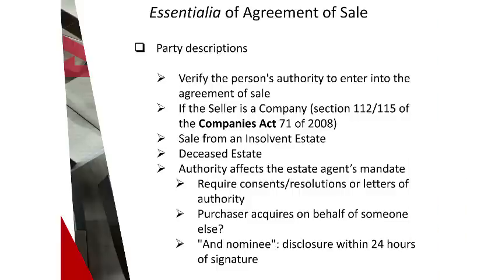Then also just note the risk, and I'm sure you all know this. If a person signs an agreement on behalf of a nominee, as you are aware, that person can, in fact, have the consequence of paying double transfer duty in terms of Section 16 of the Transfer Duty Act. Section 16 requires that they disclose who the nominee is, the nominee's identity, on the day of the conclusion of the sale. So once that agreement has been signed, 24 hours starts ticking, and you have to disclose who the nominee is within that 24 hours.